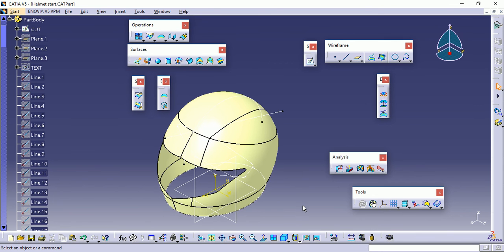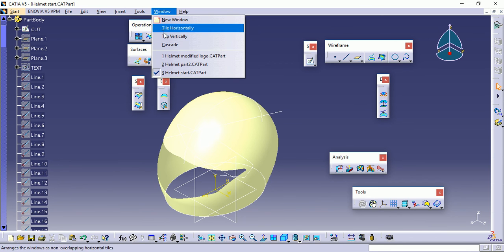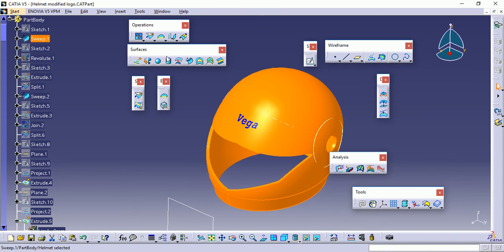In this manner we have developed the outer contour of the helmet using surface modeling tools in CATIA. We can also go for further modifications and the final shape looks like this.